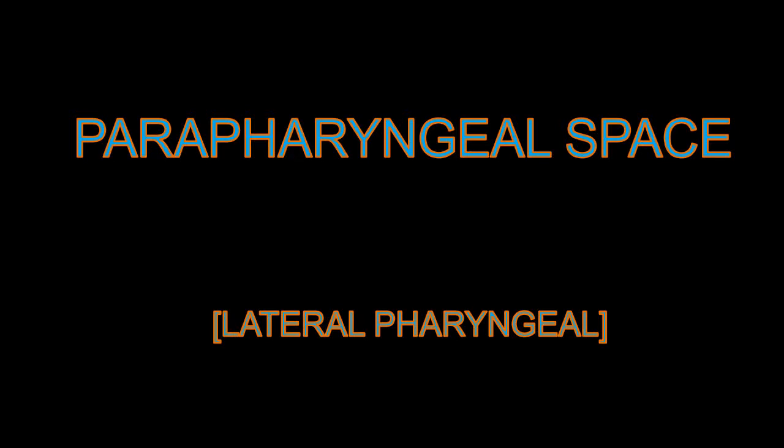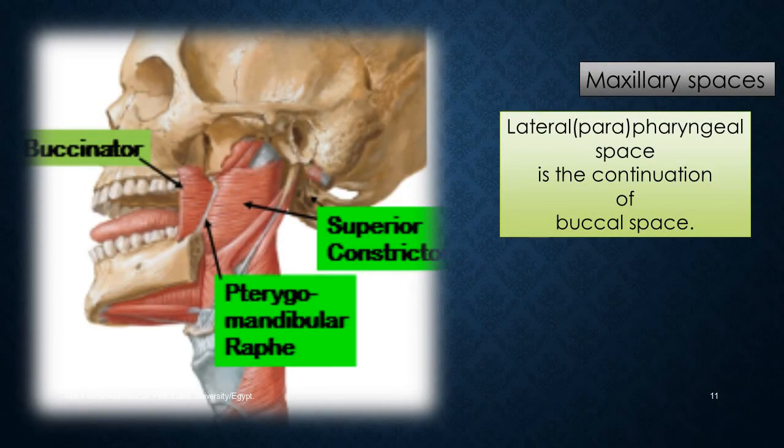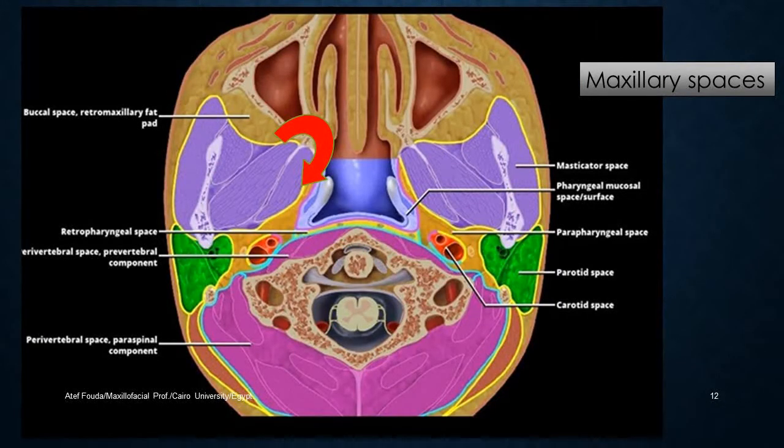Parapharyngeal space. The parapharyngeal space, also termed the lateral pharyngeal space. Anatomical boundaries. Lateral and inferior to the parapharyngeal space is the carotid sheath. Behind both the parapharyngeal space and carotid space lies the retropharyngeal space, and deep to this a potential space known as the danger space. The danger space serves as an important pathway for complicated infections of the posterior pharynx to enter the chest and spinal column.